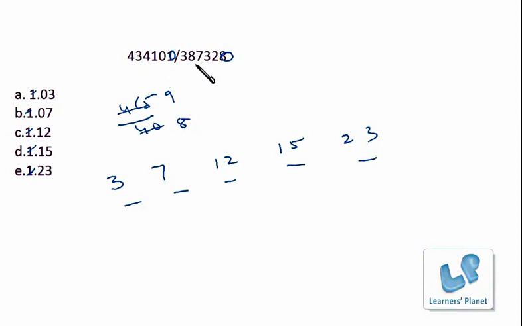You find the difference between these two, right? This is 43,000 and it's 38,000. Now what is the difference between these two? It's around 5,000. Now 5,000 has to be divided by 38,732 to get the next digit. Now after the decimal we have to get 2 digits, so I just put 2 zeros over here. Now this is 5 lakh and this is 38,732, right? Now I have to see whether this 5 lakh is 3 times, 7 times, 12 times, 15 times or 23 times, right?